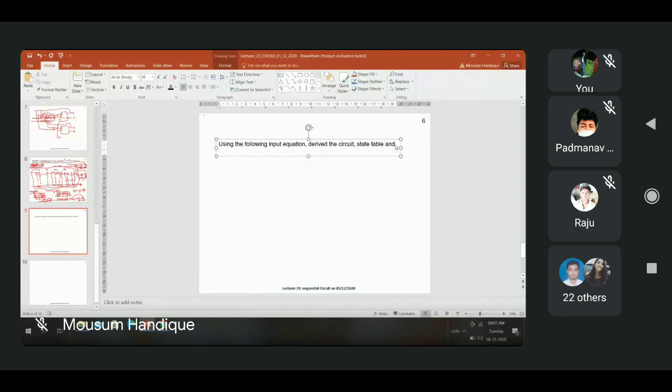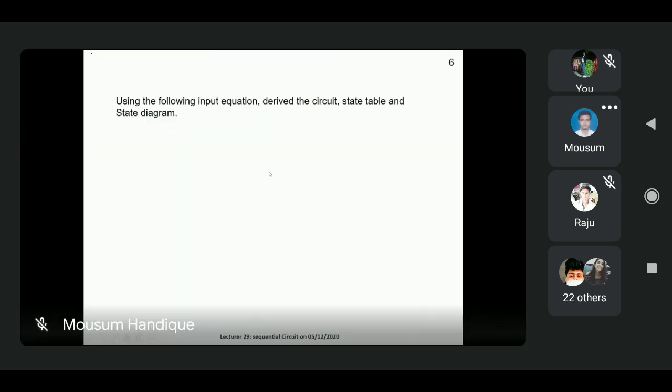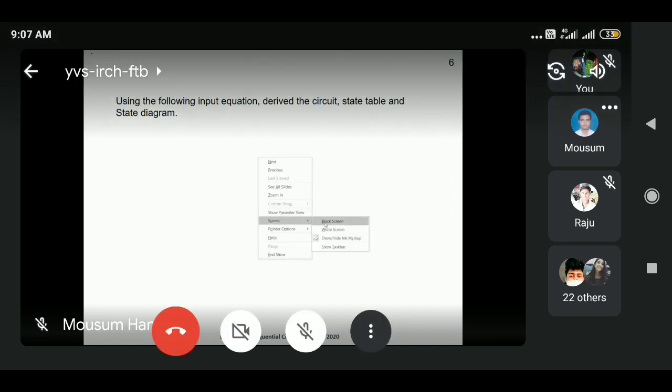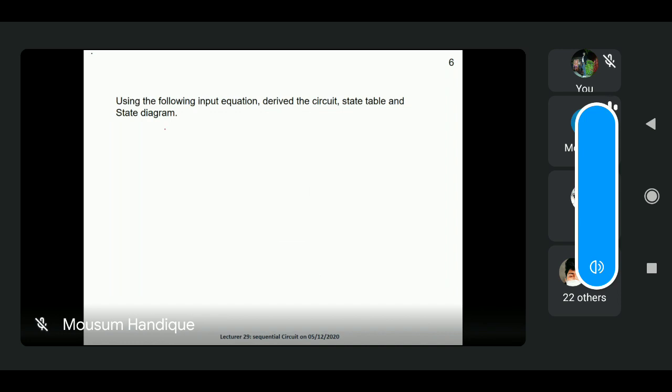It broke. How can we solve this one? It seems like it broke. Suppose here I am using